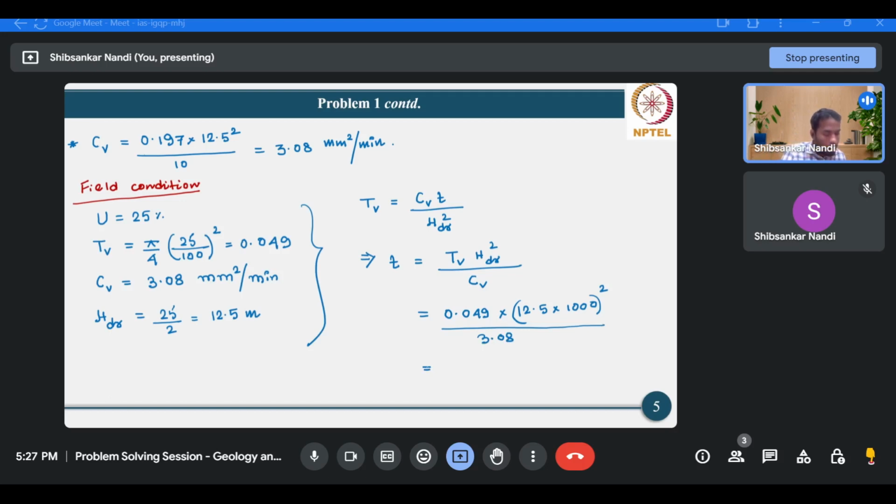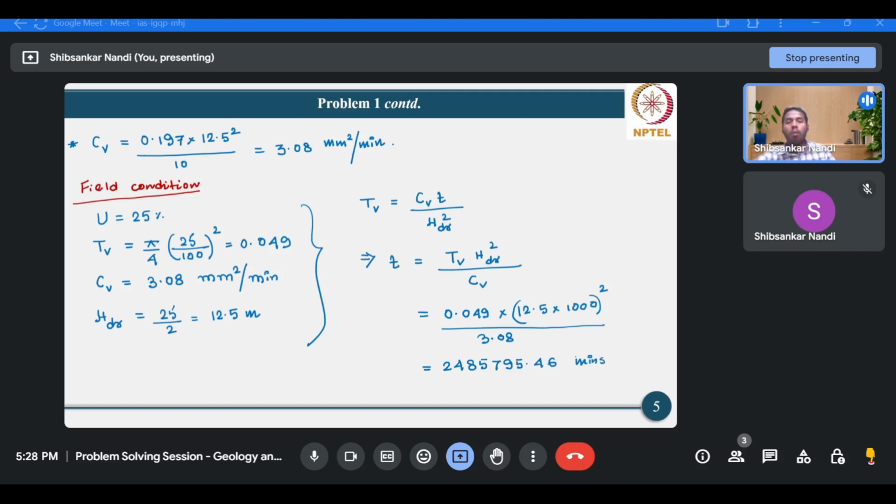So if we calculate 0.049 multiplied by 12,500 square divided by 3.08, it's 2485795.46